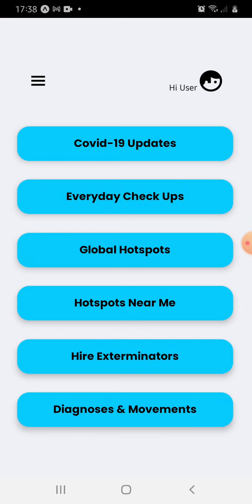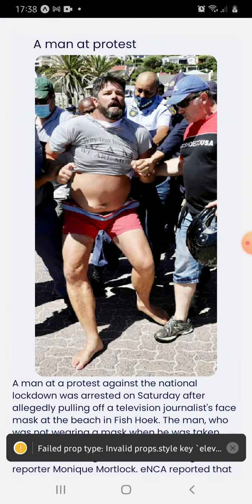Now, as I said earlier on, the main focus for this app is to help you and your family keep safe. And how this is achieved is firstly by having a constant update or feed for corona-related news. And so here on the first option, COVID updates, is where you would find news relating to